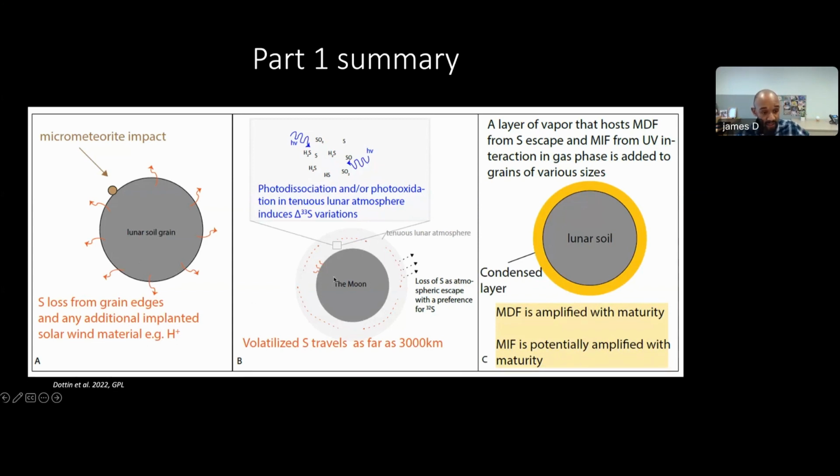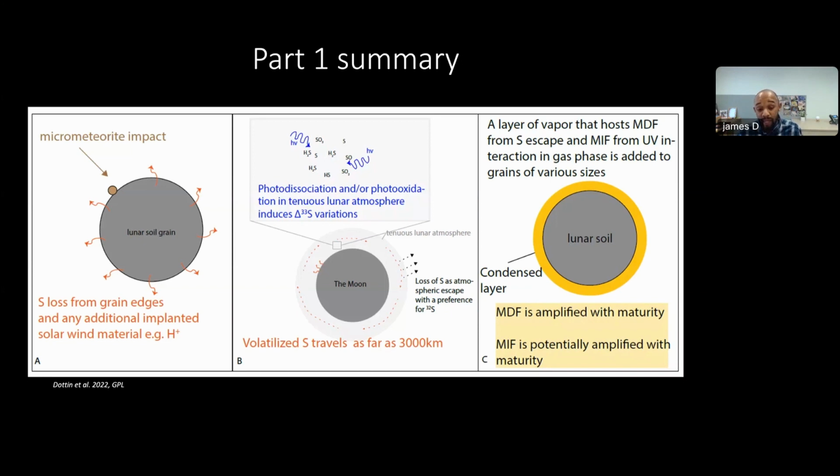And as that gas is released from the soils, you end up having UV photolysis that occurs in these transient atmospheres that produce cap delta 33S variations. You can also have the loss of 32S from that atmosphere that would result in the increase in the delta 34S values. And finally, as you end up with a lunar soil with a condensed layer of vapor, we expect